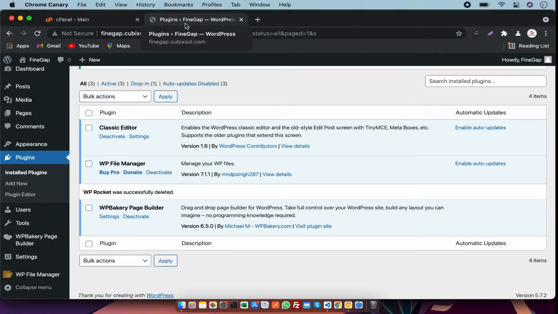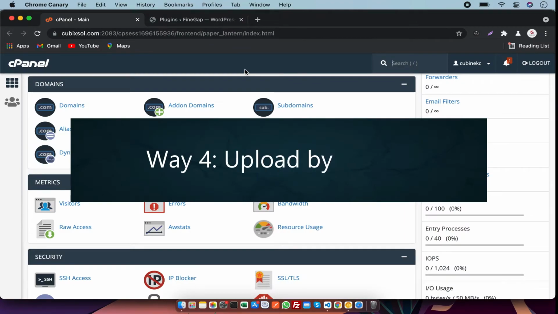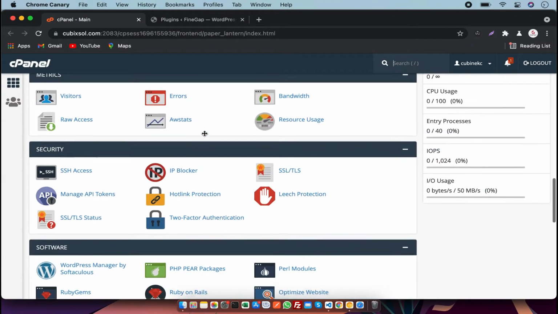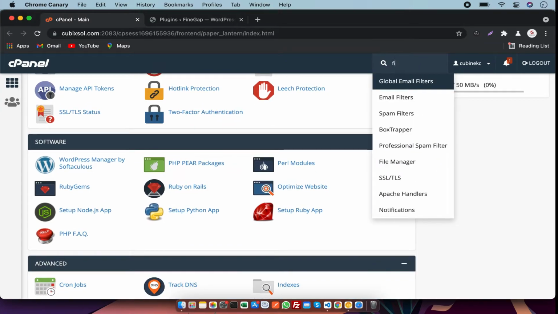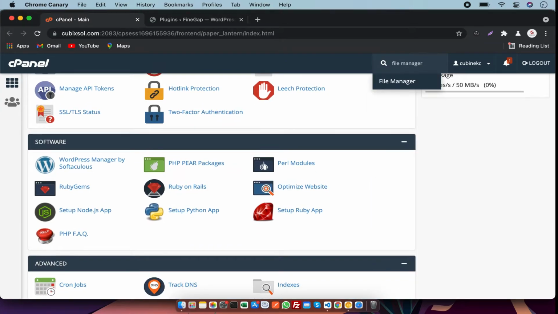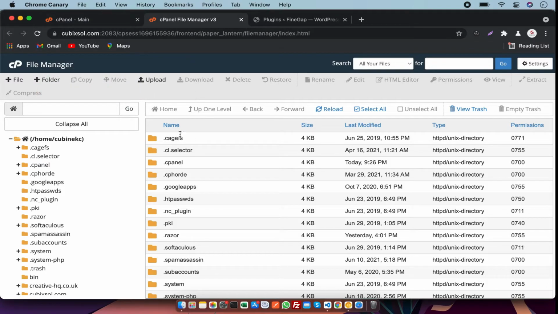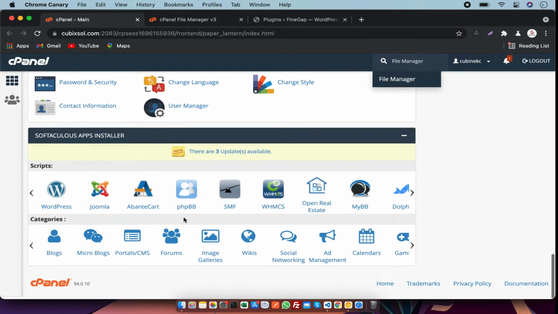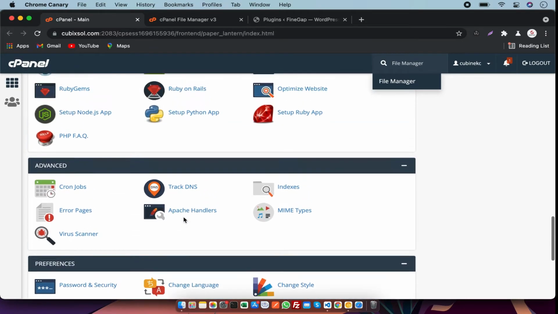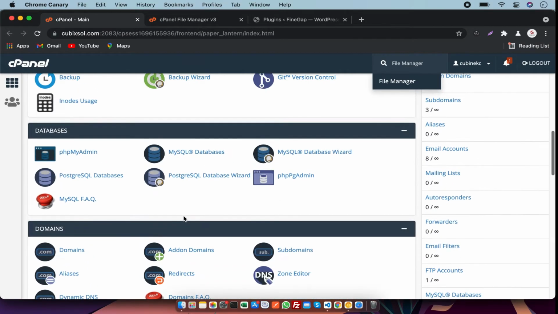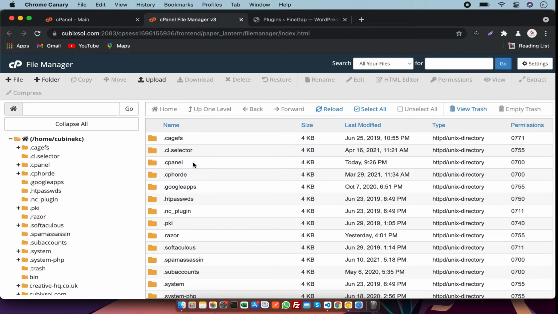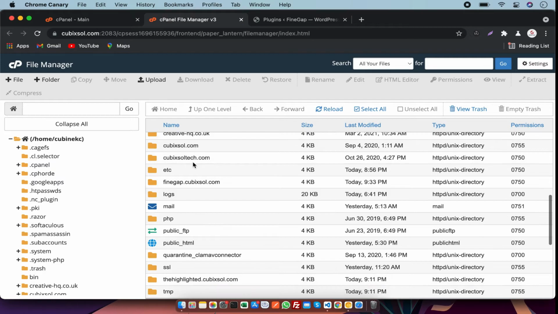After that you have a fourth way. You just have to log in to your cPanel, and after the login you just have to search for file manager. Now the file manager is open from the cPanel. You can also locate it from the dashboard. This is the file manager. In the dashboard you just have to go to your website root,